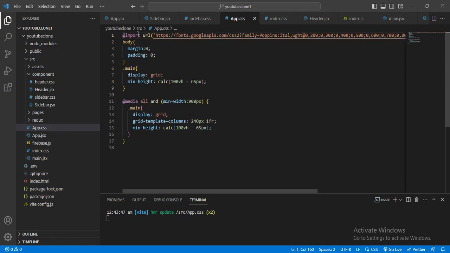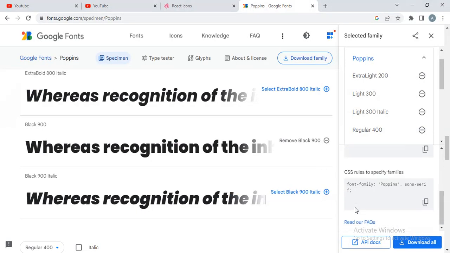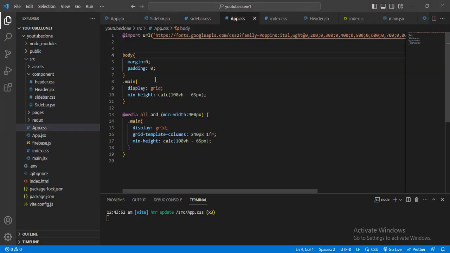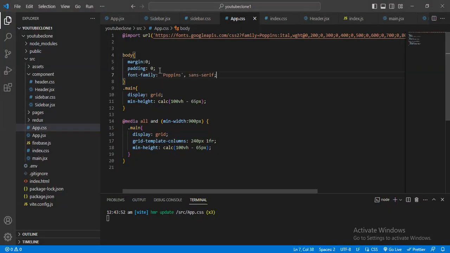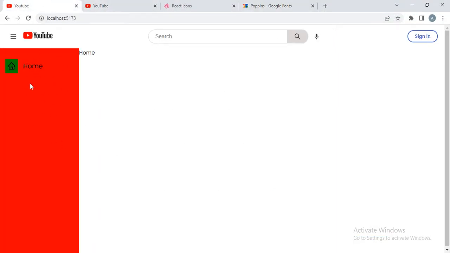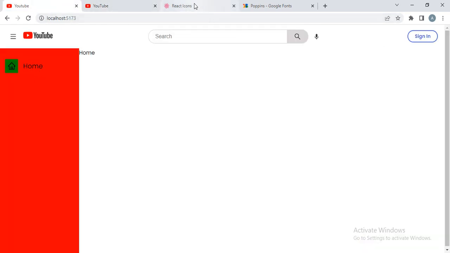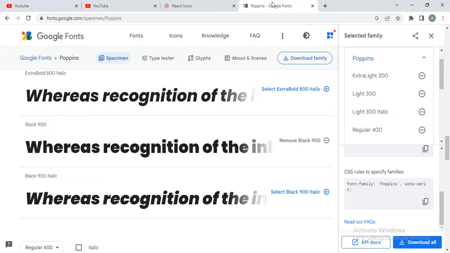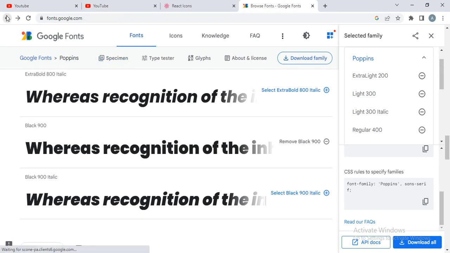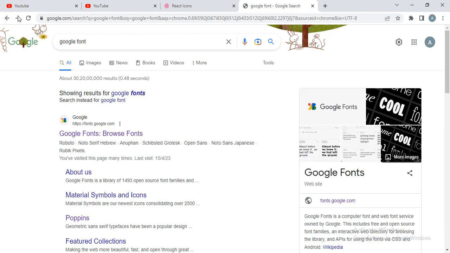Now see, I added our font, and after that I want to add one more thing, this font family. Let me just copy this and go here in the body section, I will paste this. Now let me check in my site, see our font will look like this, and I think it will not be exactly similar. We'll change this. Let me go back again, click on the font,